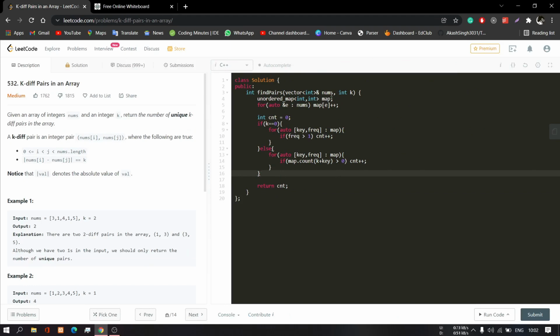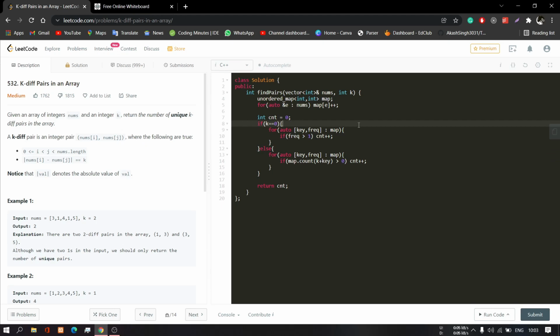Here I have taken an unordered map and initially put all the elements from the nums array into my map. Then I take a count variable and check two conditions: if k is equal to 0, or else k is greater than 0. If k is 0, I check if my frequency is greater than 1.